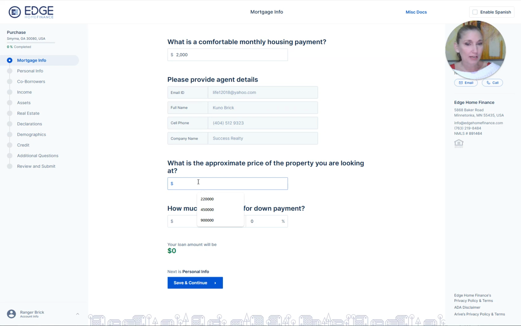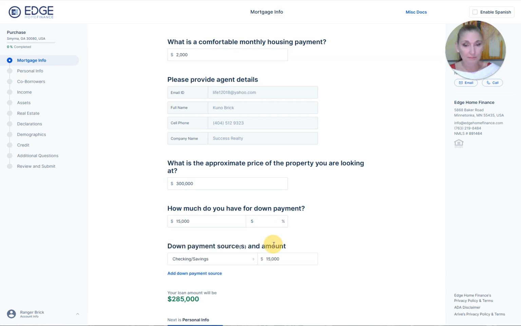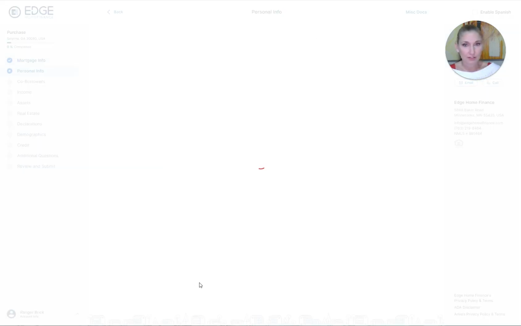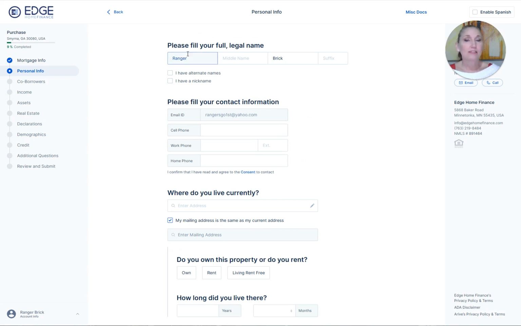What is the approximate price that you're looking to buy? Let's just say $300,000. How much are you going to do for a down payment? I'm going to change it over here. I'm going to do 5%. Down payment source, I'm going to say my checking and savings, and then I'm going to hit save and continue. It already has the name in there because, of course, I created it with my full name. I'm going to leave that there, and then I'm just going to fill in